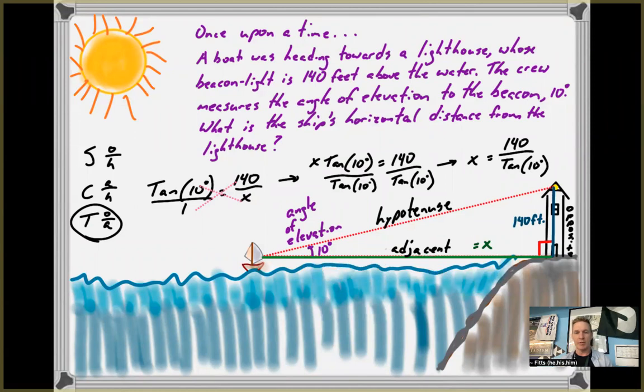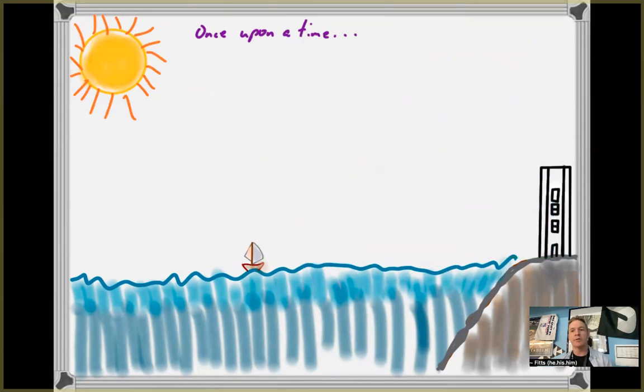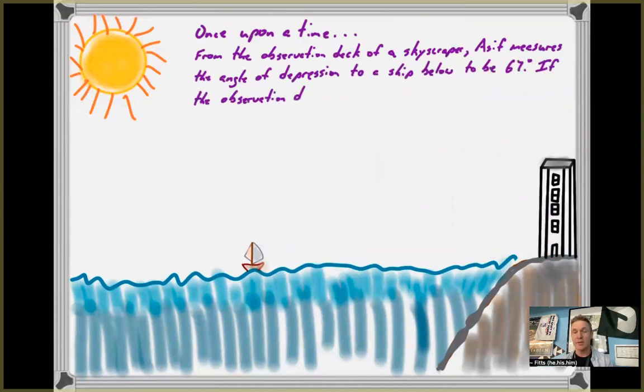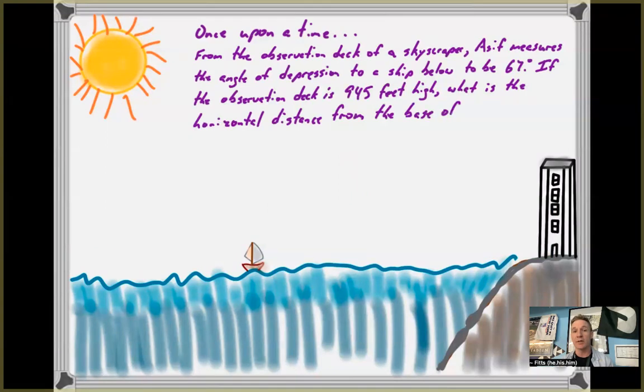All right, so let's take a look at one more problem. We're going to look at an angle of depression problem. So let's look at that one. This one, they've changed the story. From now, we're actually looking from the observation deck of a skyscraper. A SEEF measures the angle of depression to a ship below to be 67 degrees. If the observation deck is 945 feet high, what is the horizontal distance from the base of the skyscraper to